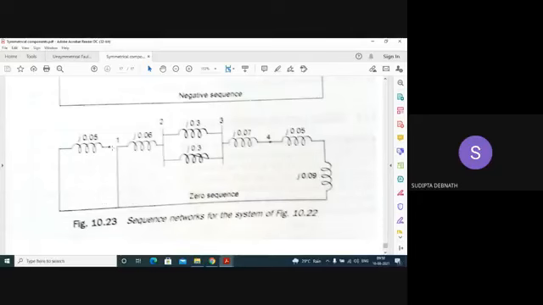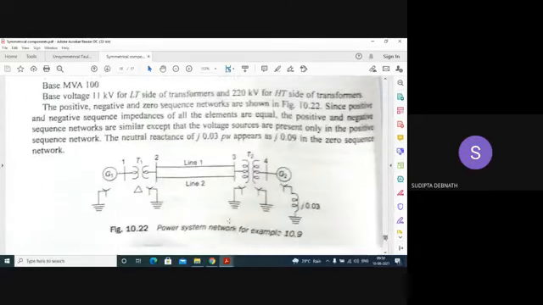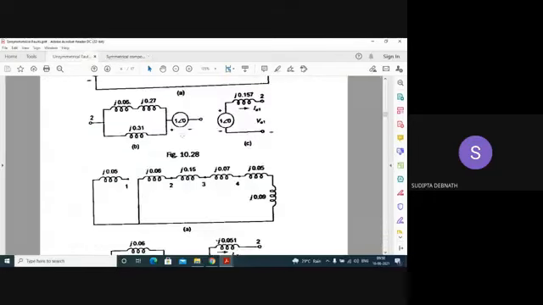Okay, this one is disconnected. From the values you see, this is star neutral grounded, star neutral grounded. So all these will be connected. But here the generator will be connected for zero sequence, but this is delta, so this will not be connected. How will it look? As this side is star grounded, this is connected,